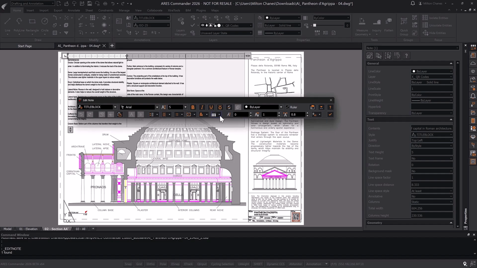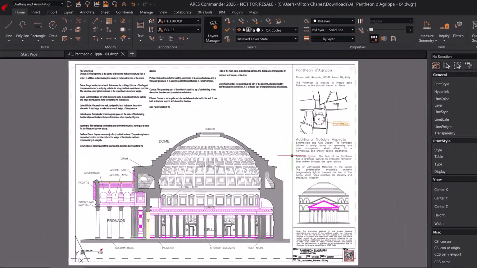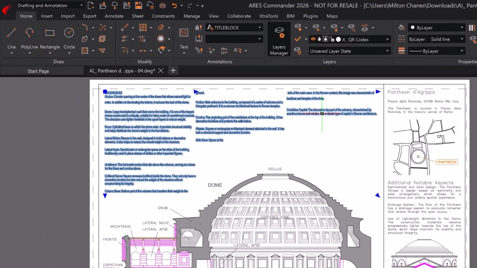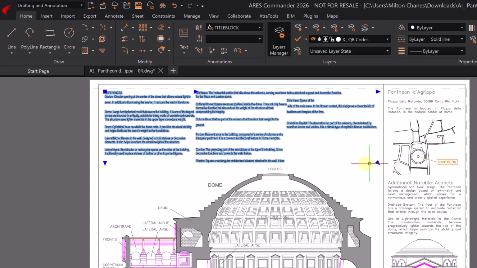In addition, users can now format text into columns, enhancing readability and layout flexibility. This feature even provides control over the shape of the columns and the text distribution directly on the entity, through grips.